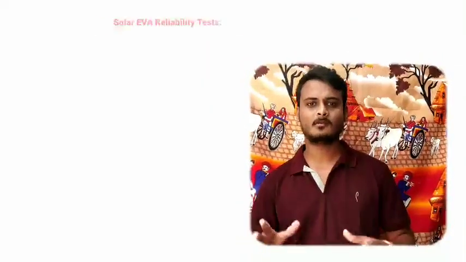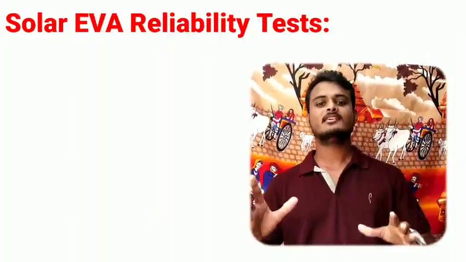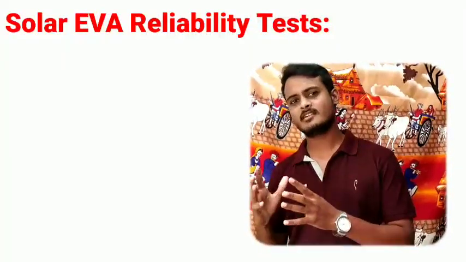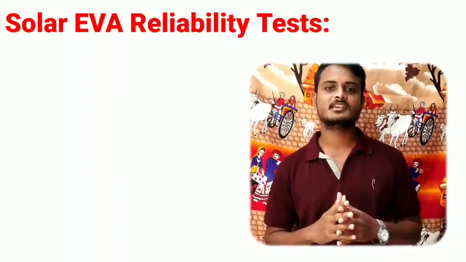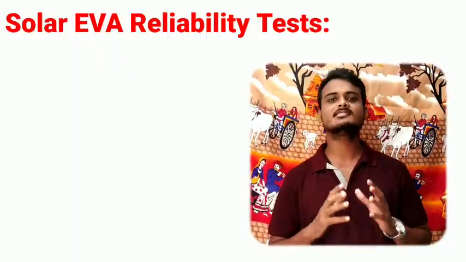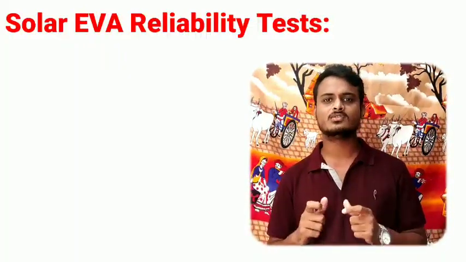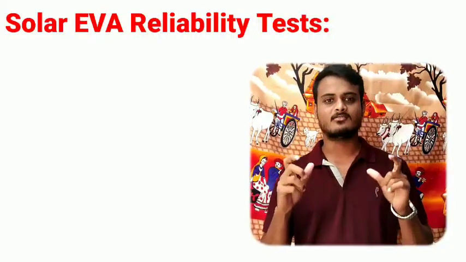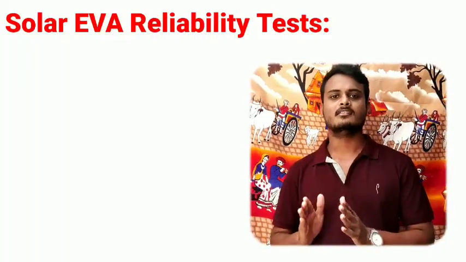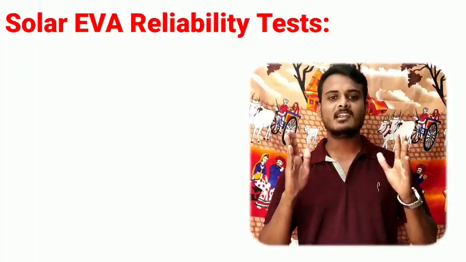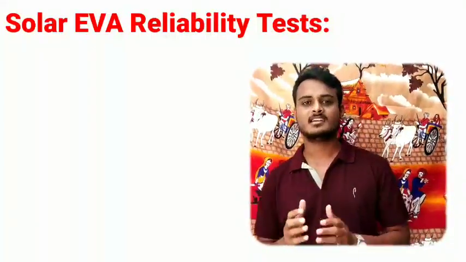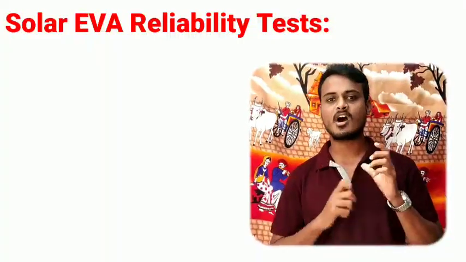The next subtopic of EVA is solar EVA reliability tests. When we take the vendor to the company manufacturing plant, we check all materials at the inward level, and after completion of the final product we also check some tests. Why? Because we need to know the perfect values of different test levels. Here I categorized it into two different parts. The material level test, it means the inward incoming test. The next one is the module level test, it means the final product or final module tests.